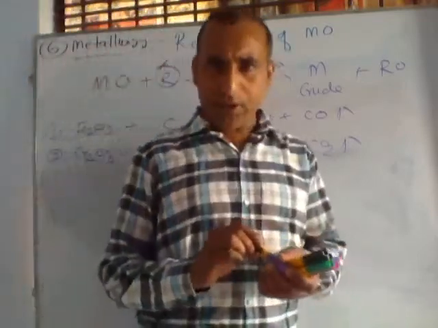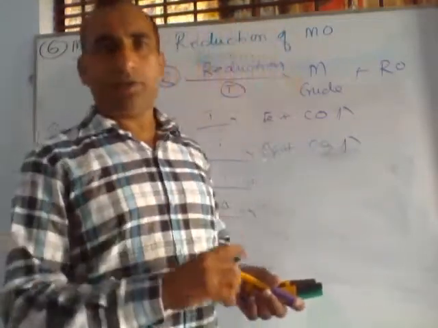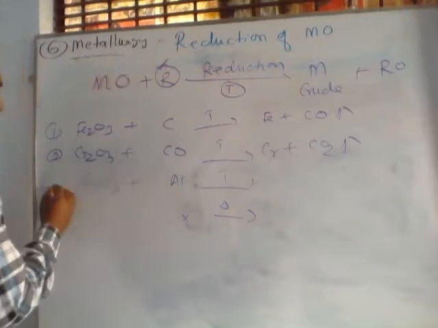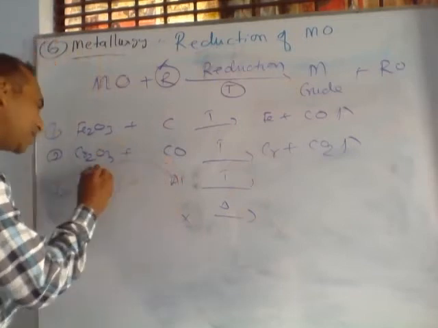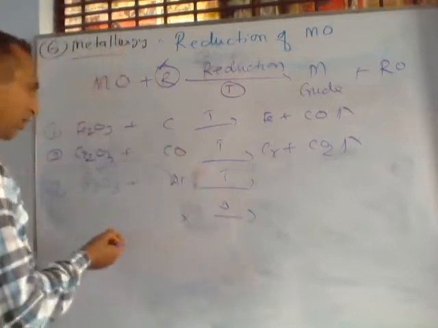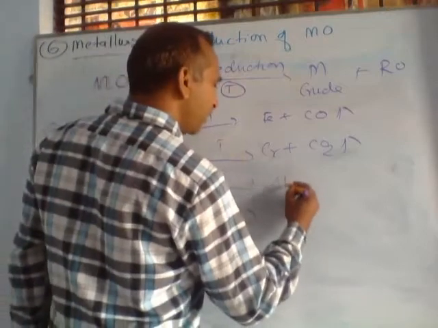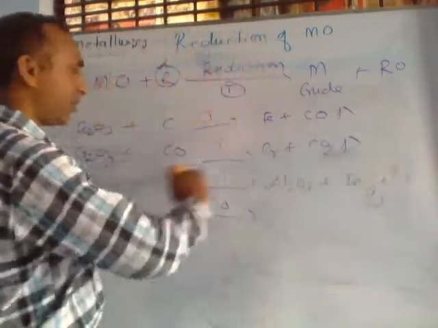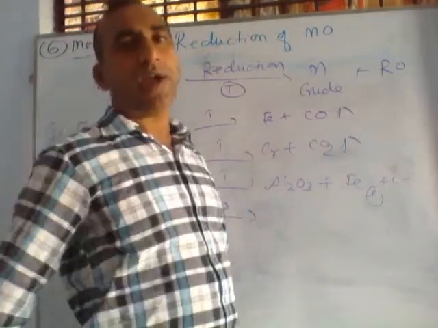In class 10 you have studied the thermite welding process. In the thermite welding process, this Fe2O3 reacts with aluminium. Aluminium metal is more reactive than iron, so it replaces it. This is a displacement reaction, also called a thermite reaction, also an exothermic reaction. After the reaction, the aluminium replaces the oxygen and iron forms in a molten state along with heat. So this is also called a reduction process, because aluminium is highly reactive and it is replacing iron.